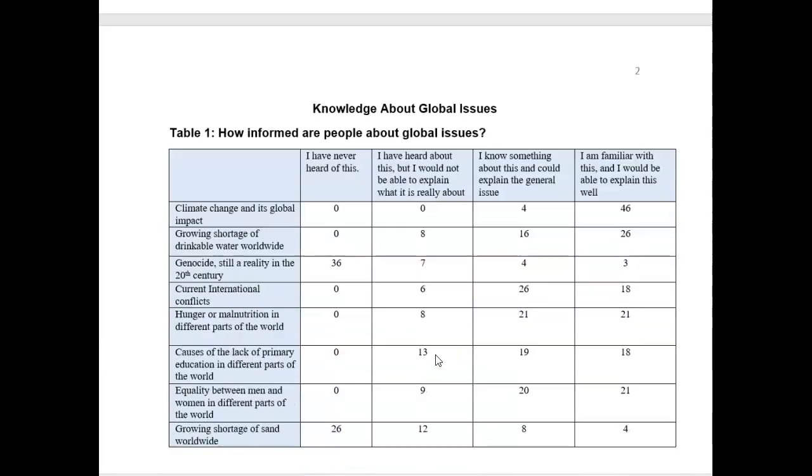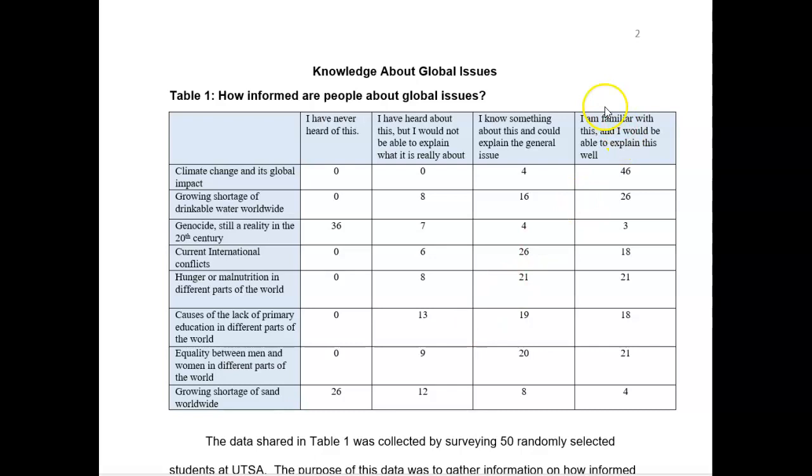Next page, since you added a header, the number will automatically appear on the second page. Notice that the title has been added again, just the title. No other information that you put in the first page will be repeated here, but you will provide the title again, and the title will be boldface. Next, we have the table that was put together after data was collected.